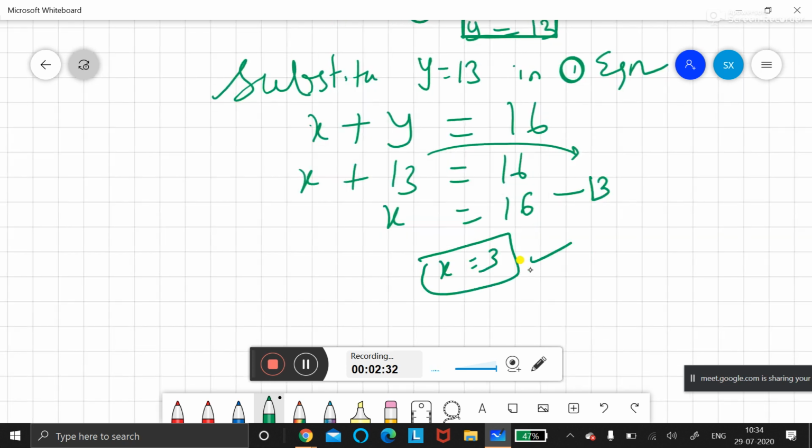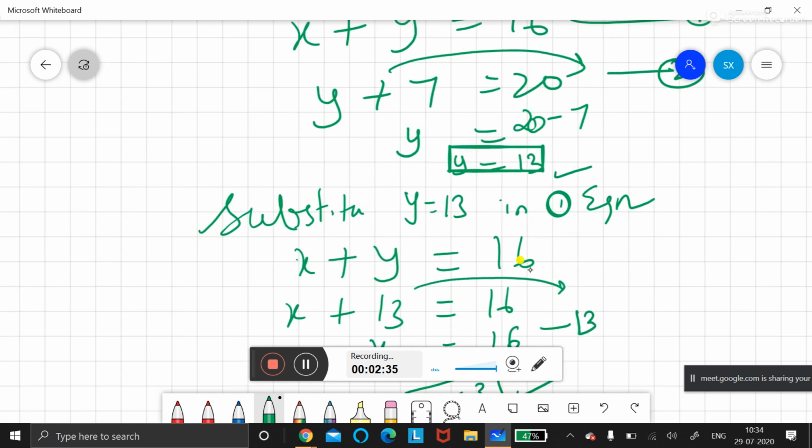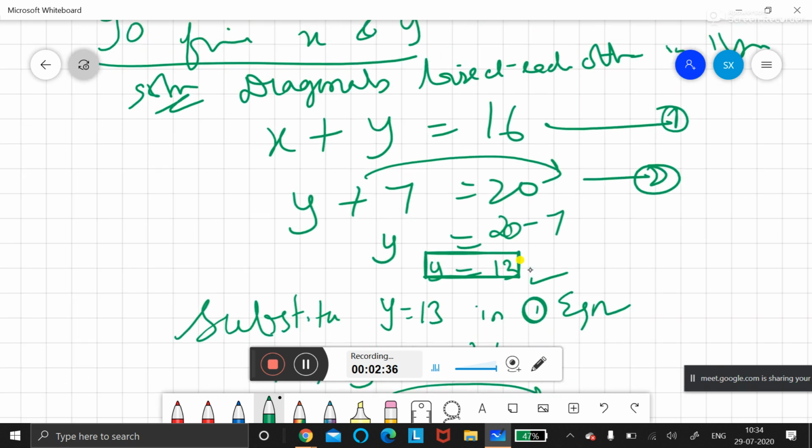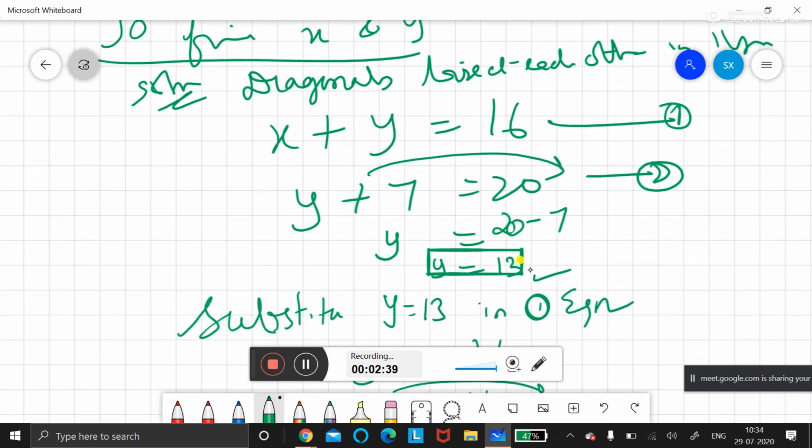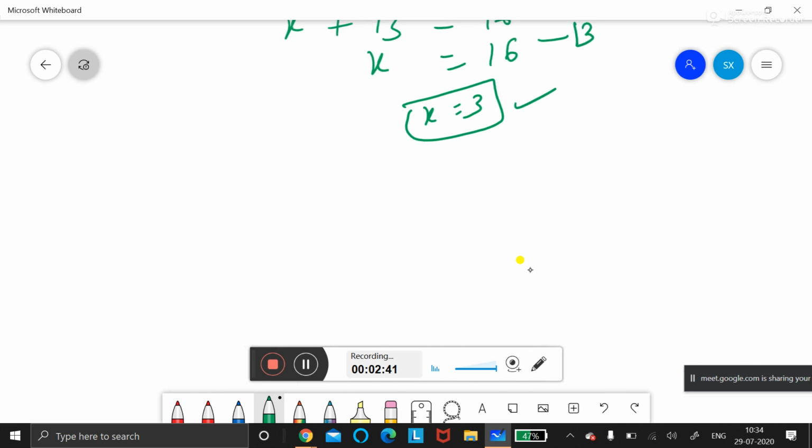Okay, so the x value we found, the y value we found, and that is one mark. And if it is a 3-mark question, the diagonals bisect each other property gets 1 mark. Okay, the property is important. I have seen yesterday's homework also. You have done the properties correctly. If the property is not there, you won't get full marks. So whichever property is required, you should write.